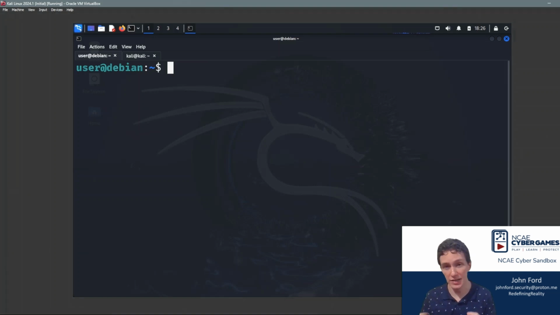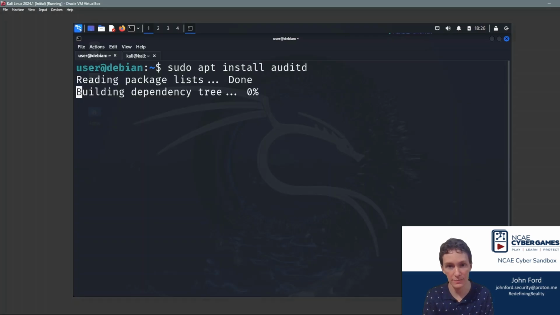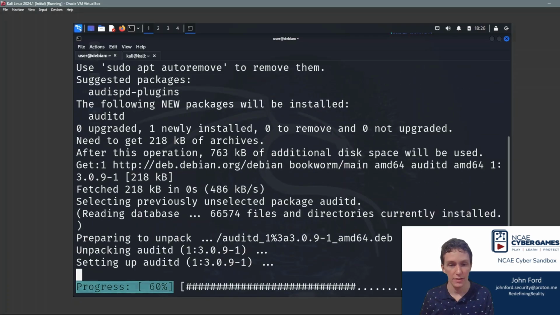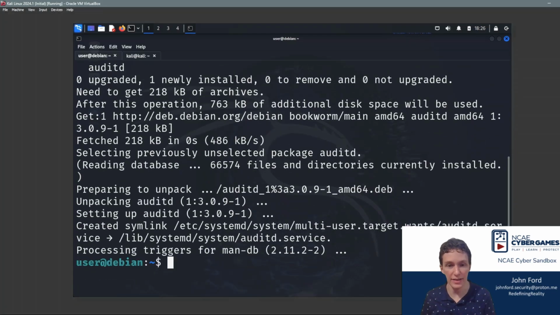Before I can use Auditd, the first thing I have to do is install the package associated with Auditd using apt or yum. So in this case, because I'm on Debian, I'm going to use apt. So I'll say sudo apt install auditd. This is going to go ahead and install auditd and also set up a systemd service that I can use